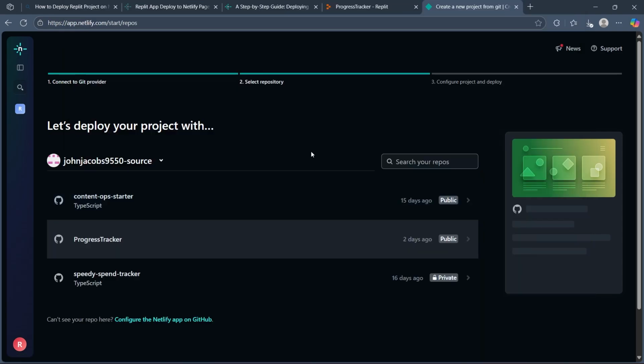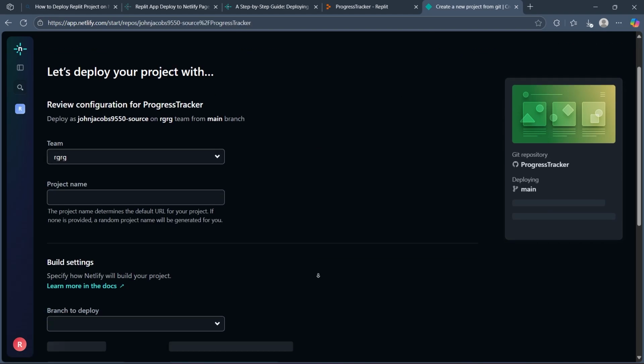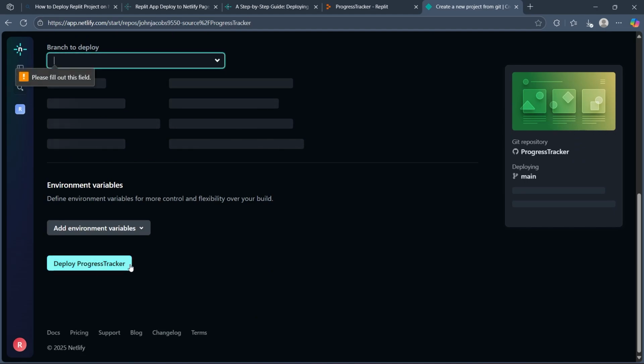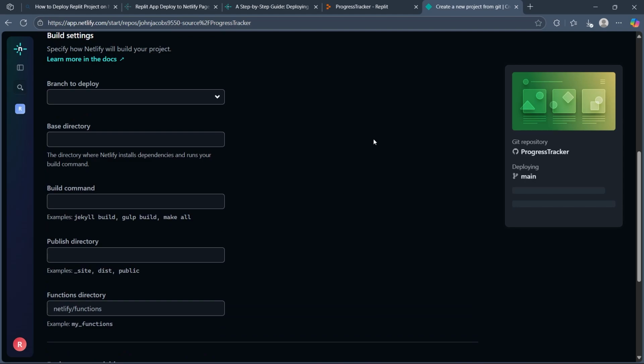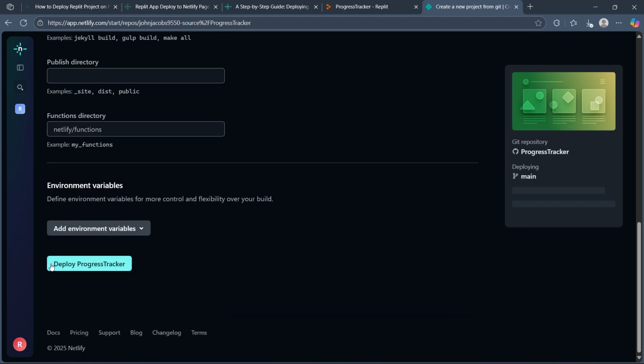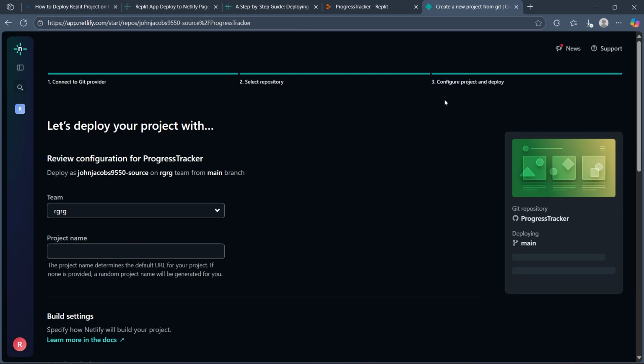Now, when you click on install, as you can see, we have successfully deployed our project with Replit. Now, you'll have to simply select any project that you want to import and click on deploy project. But before that, you'll have to fill out these fields. After you fill out these fields, you can click on deploy the project and you would have successfully deployed your